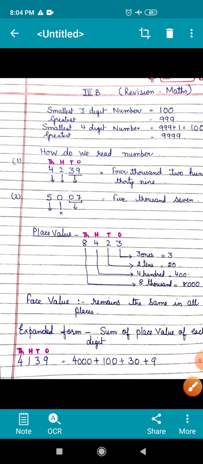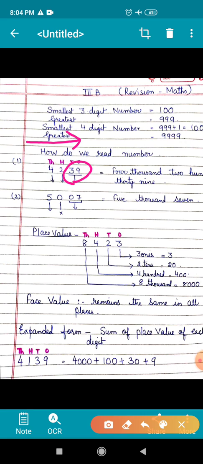So you have to remember one thing, that you will read numbers from left to right, and the second thing is you have to read these two digits together. Hundreds place and thousands place digits will be read separately. Okay, I am taking this example and telling you how we can read this number.